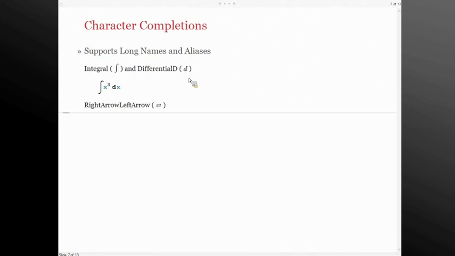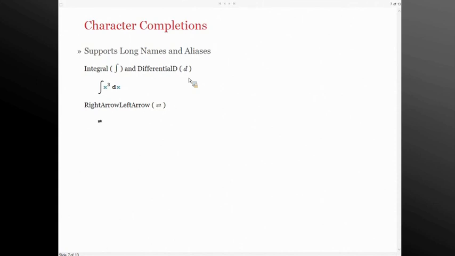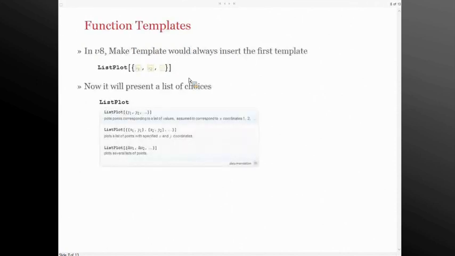And it also works for, here's a good example of one that's actually really long to type. And it gives you a various list. There's some of these in this list I didn't even know that we had. It's a nice way to discover new characters that you might not have known that we supported. So that's completions. And new for version 9, we also decided that if we had all these really nice completions,